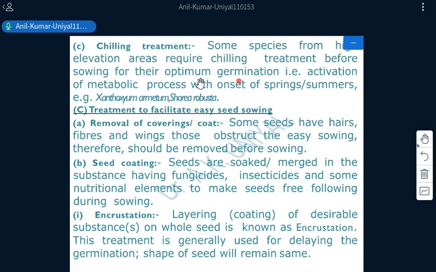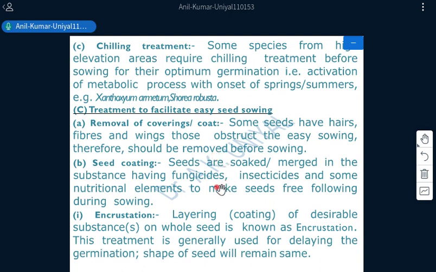It will result in the activation of metabolic processes with the onset of spring or summer. For example, Zanthoxylum armatum and Shorea robusta are examples of this chilling or stratification treatment. Okay, then we have the third category, that is treatment to facilitate easy seed sowing,